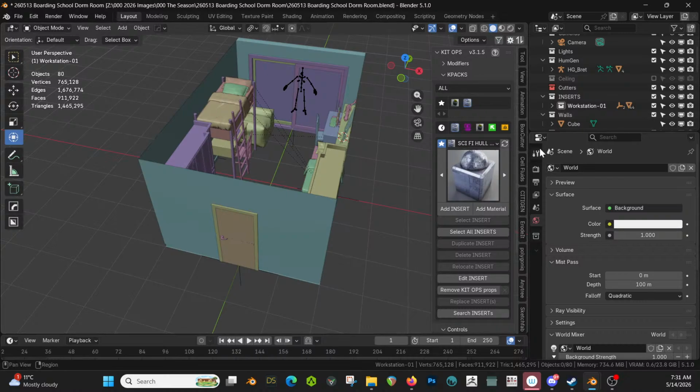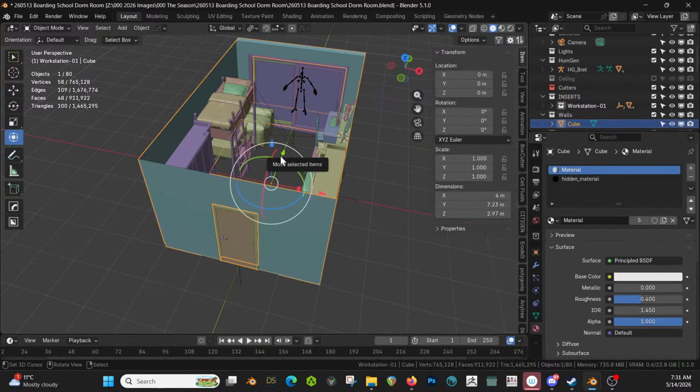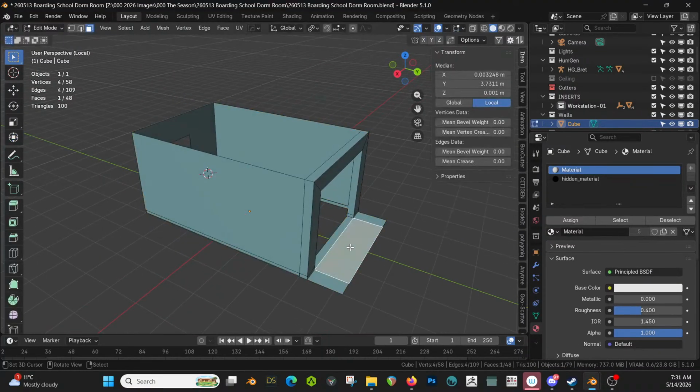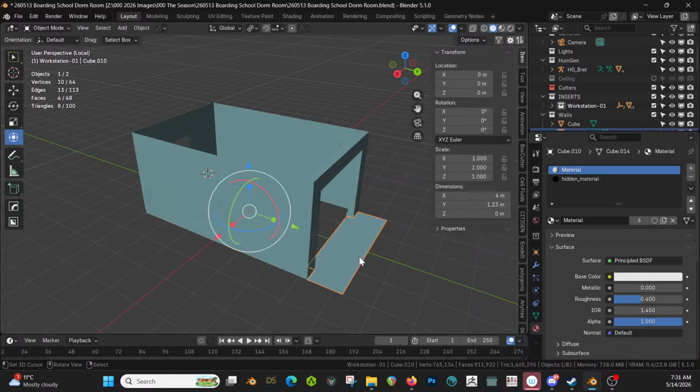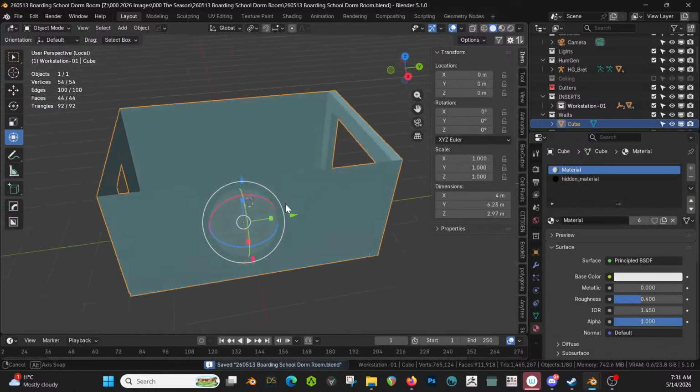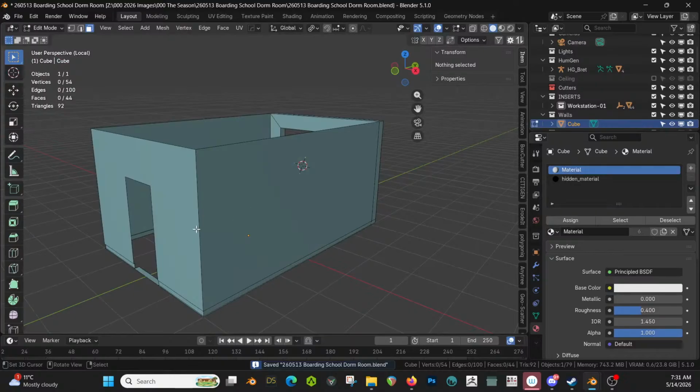Bring our walls back. I actually just want to look at them. And actually this should be part of floor. P, selection, tab, M to floor. Great. Save. So the first thing I want to do is